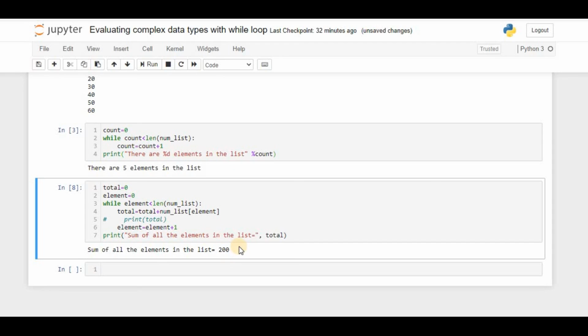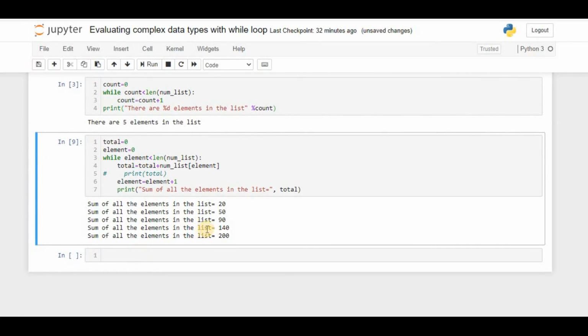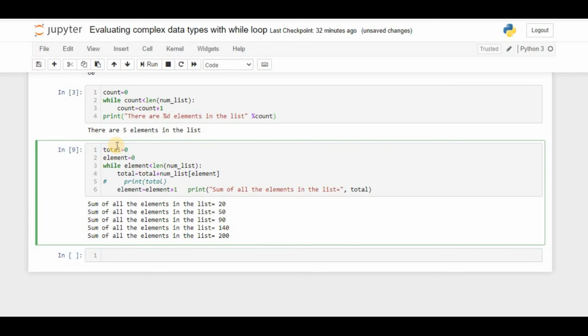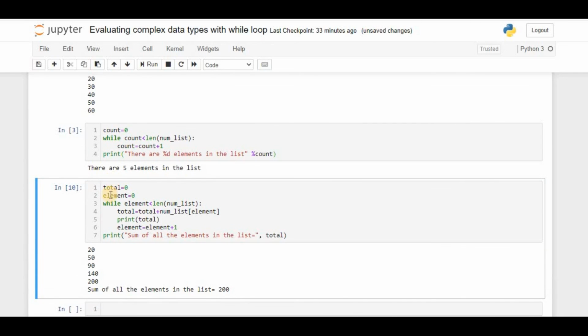See, it directly gives that the sum of the elements in the list is 200. So if this is going to be inside the loop, for each and every iteration you are going to get this also. Is it okay, friends? Did you understand what I did here? See, simple. I just did only one thing, that is, we just put that after coming out of the while loop. It is just showing like this.